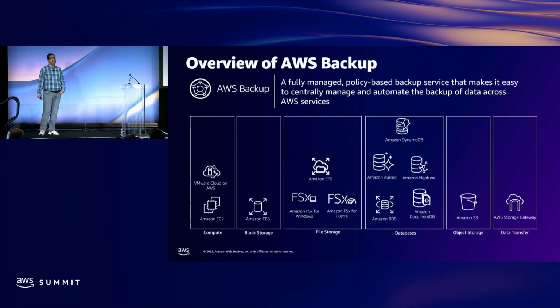Much like we talked about DLM, we also have another sort of capability we call AWS Backup, which covers a much broader suite than DLM. DLM covers volumes and snapshots, but if you want a single pane of glass where you can cover backups of different services, then Backup is another offering that offers capabilities to give you consistent backups across all these services in a single pane of glass.